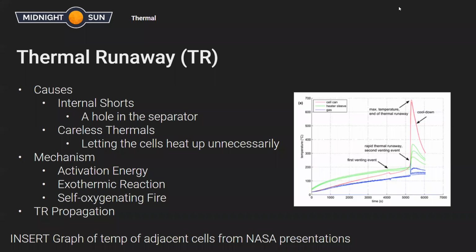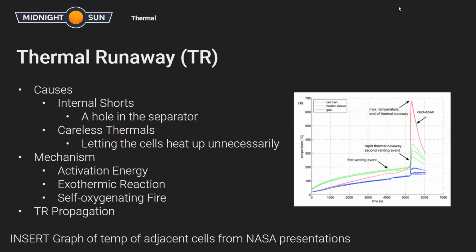Basically, all chemical reactions need a certain amount of energy in order to proceed. And as you heat materials up, they have more energy. So the hotter the cell is, the closer it is to the activation energy required to start thermal runaway. So we want to stay well within the data sheet recommendations for operating temperature. For us, we need to keep it under 60 degrees Celsius for the data sheet for the cells that we're